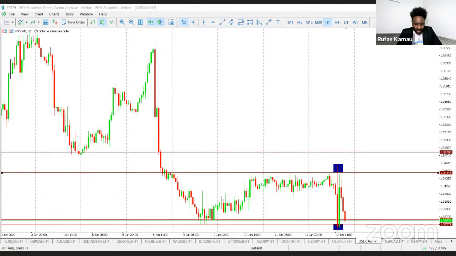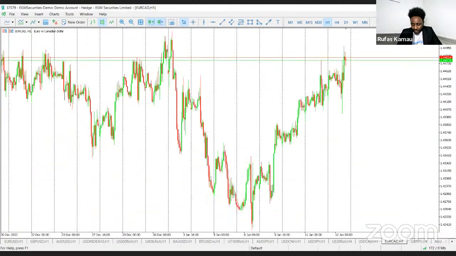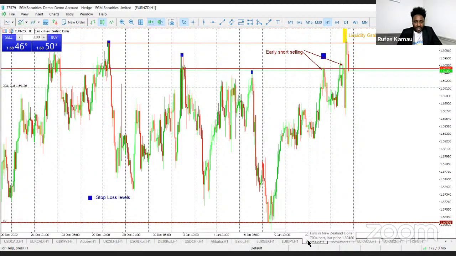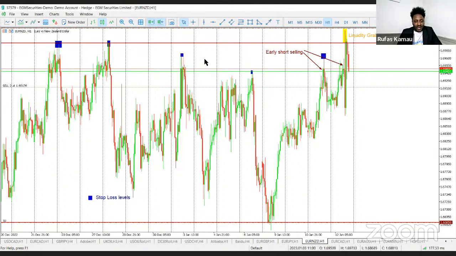Euro New Zealand, is it an example of a liquidity grab? Yes, it's something I think I had shared in the community. But the best one was in Euro Aussie. So if you are trading Euro against the Australian dollar, then Euro New Zealand, this is the one that I had shared. As you can see, many traders had set stop losses here, here, and here based on these resistance levels. What we saw during the news is the market spike all the way up, grab this liquidity, and then move back downwards.